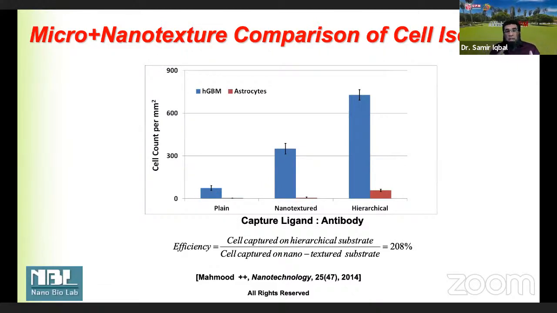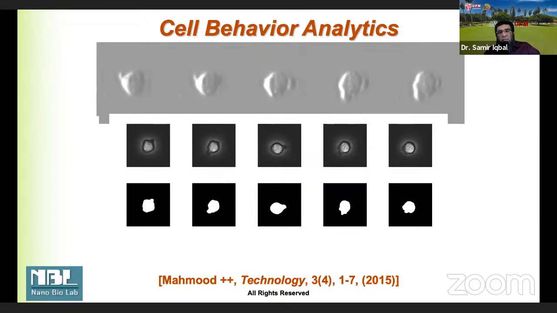Now, again, going to the idea of looking at individual cells. So what did we do? We looked at those cells which were moving on the surface, and we identified some metrics of those images. And if you think about it, this is just image processing that geotech people do. For example, they look at the lakes to find out how much water is there in the lake. So they look at the boundary from satellites, and that can tell you. So we thought about a similar idea: that a cell is nothing but a boundary, and the boundary is changing.